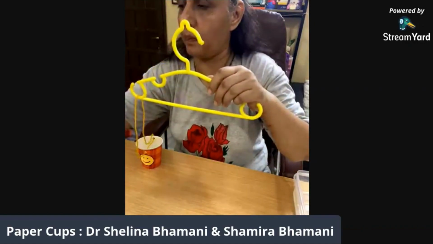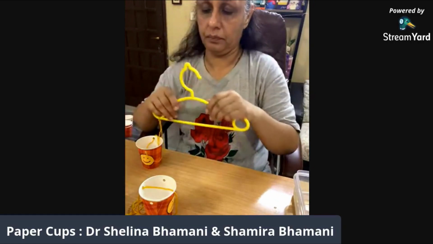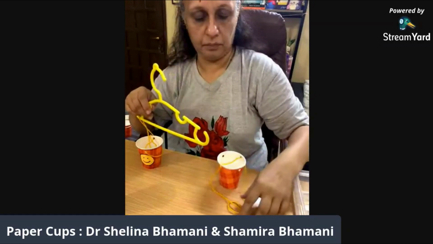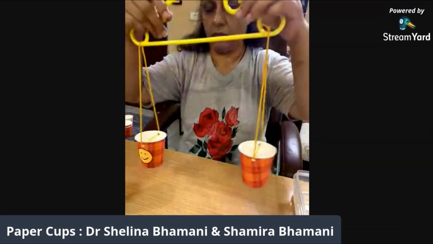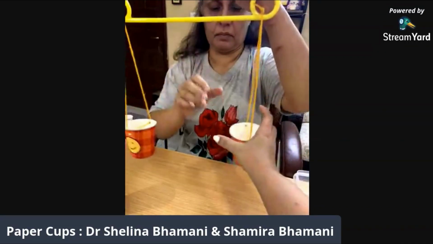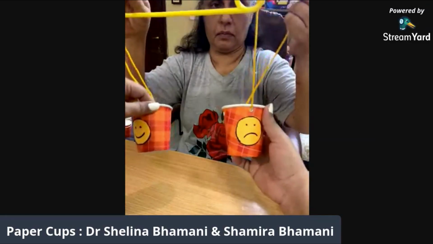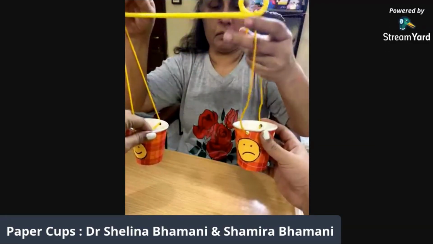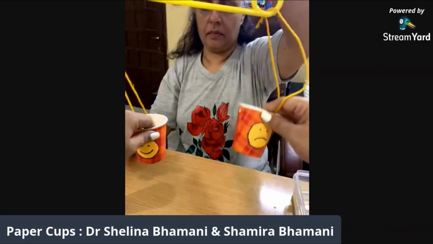The other game that we wanted to do is called the deed game. Now this can be used to either measure the deeds, and also it could be used to teach the measurements concept. So you can see that we've simply taken a hanger, and we have taken 2 cups over here. On the first cup we have made a smiley face, and on the other cup we have made a sad face. So you can simply tell the child, you can make some rules at home, do's and don'ts of the home.